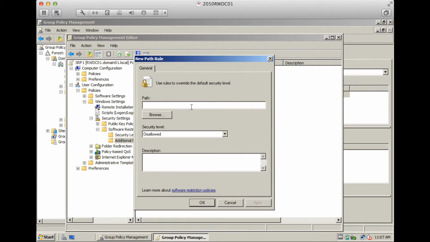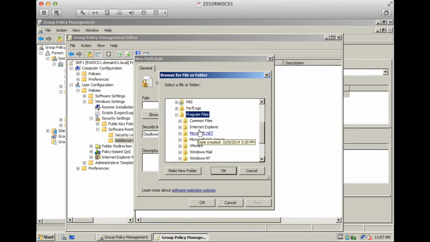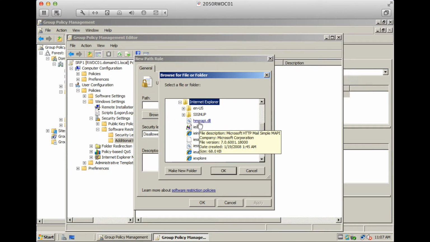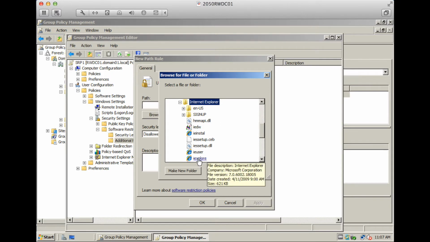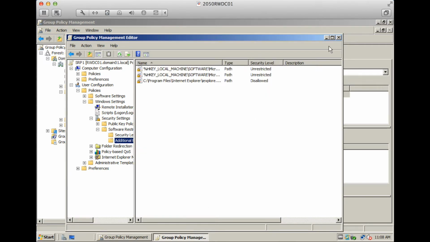In Path, we're going to click Browse, and we're going to browse to the Program Files location of Internet Explorer. So we're going to click Computer, Local Disk, Program Files, and Internet Explorer. We're going to select the iexplore.exe file. You can see right there. So we're going to click that one, and we're going to click OK. We're going to make sure the security level is set to Disallowed because we do not want to be able to open Internet Explorer. We're going to click OK,